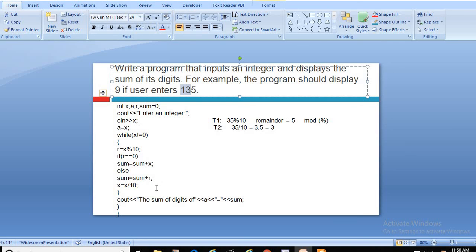You will repeat this stepwise, and you will find that finally the value printed is 9. So I recommend that you try to understand this problem, try to execute or understand it line by line.